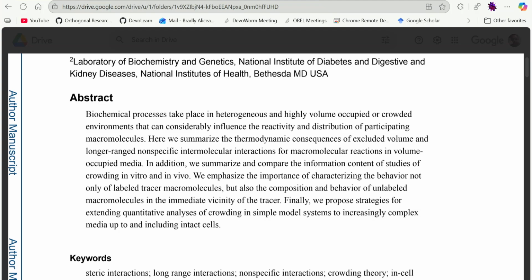So they're looking at things that we might be able to trace and see where they end up in the cell, and then things around it. Finally, we propose strategies for extending quantitative analysis of crowding in simple model systems to increasingly complex media up to and including intact cells. So, using quantitative analyses to sort of characterize and analyze this crowding, because it is important